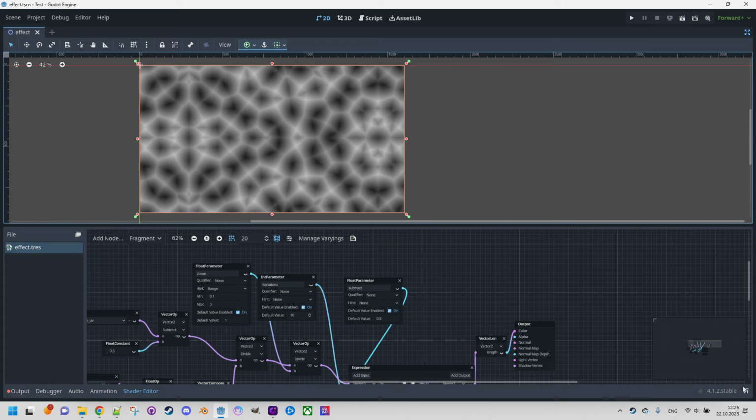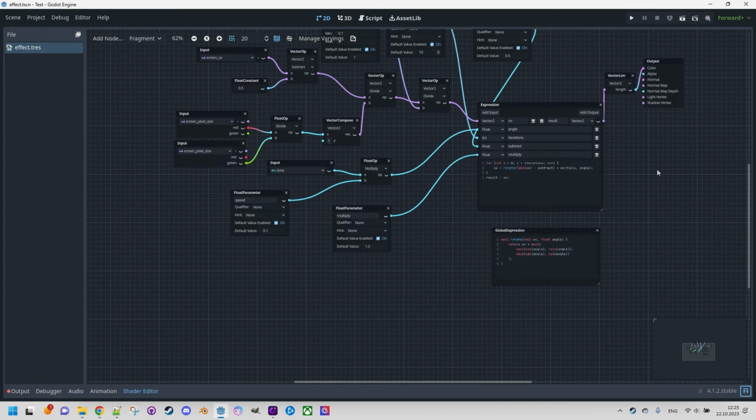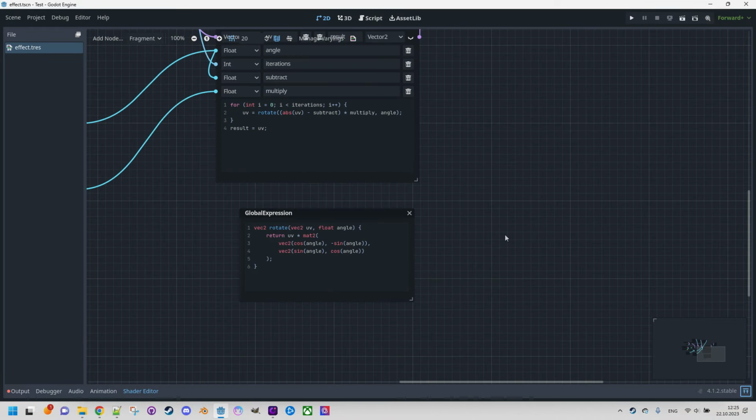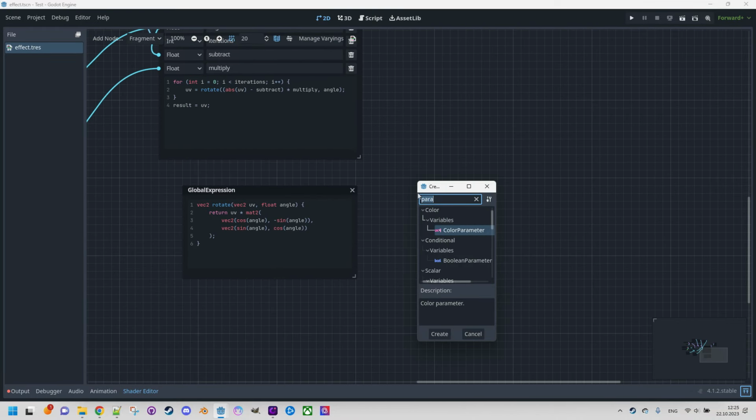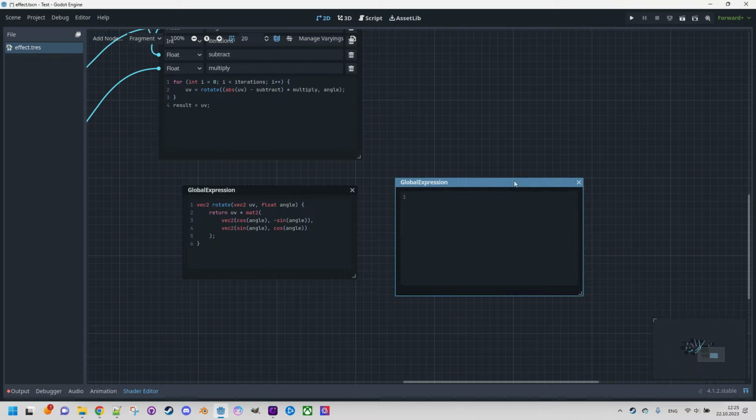So let's make some space again, and this time we will create a global expression. Let's say here, right click, expression, global expression, and it would be this algorithm,